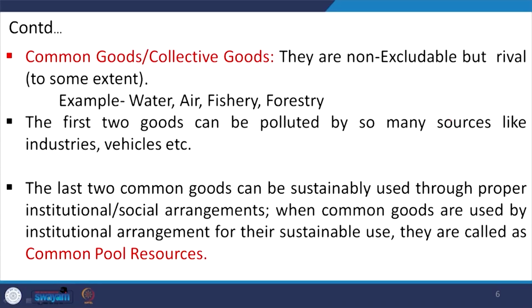And if there is any kind of sustainable arrangement present over there in case of your common goods, then it is known as the common pool resources. So, common pool resources is a kind of common goods or collective goods. Here the only difference is that this common pool resources is a subset of the common goods or collective goods, and the only thing is that in case of common pool resources, institutional arrangement is present, but in case of common goods there is no such institutional arrangement, which actually will lead to sustainable use